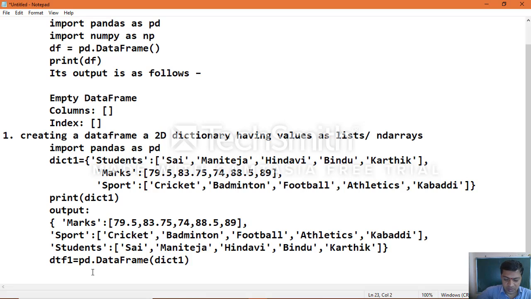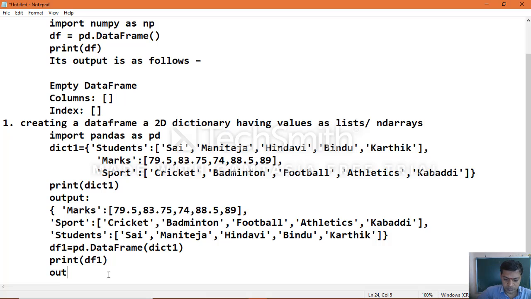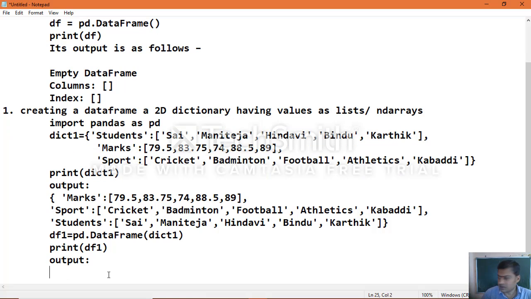Once you print this data frame object, df1, you will see the output showing marks, then sport, then students.